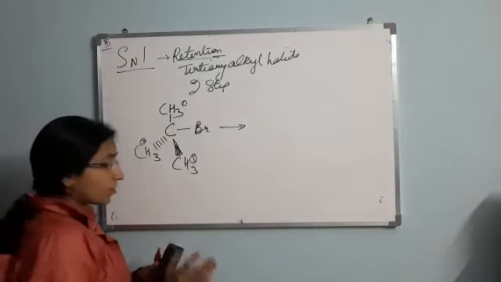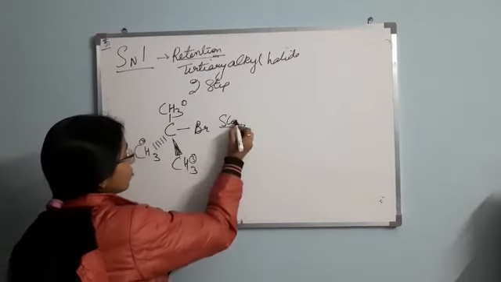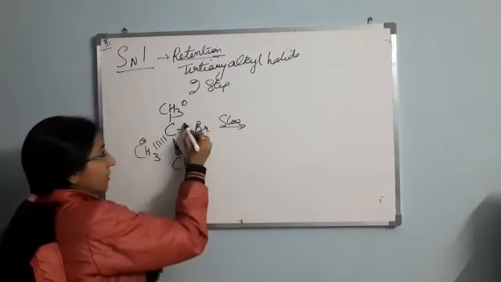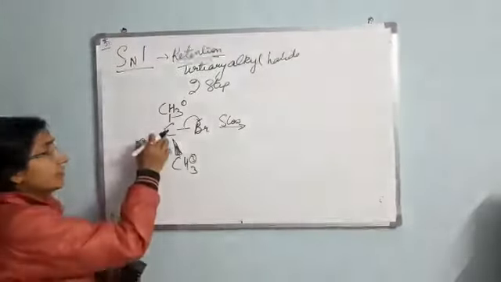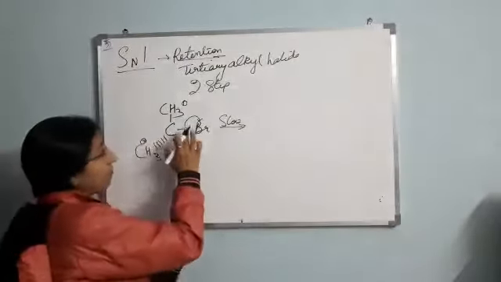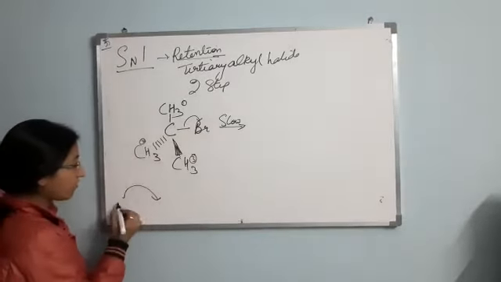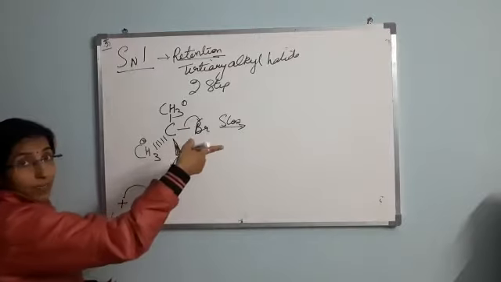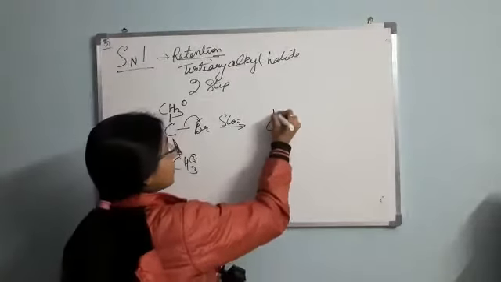Now, what will happen now? This step is basically the slow step. For first, what will happen? This bromine will be removed from here in the form of bromide ion, leaving the carbocation. You all know about this arrow also, no? The species it is going to give will have the positive charge, and that particular species will have the negative charge.